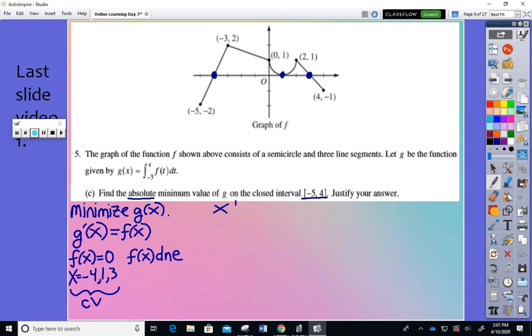make a t-chart, and the t-chart's going to be a bit of work, guys. So remember, you need to put your end x's and your critical value x's. Okay? So we've got to figure out then what gives us the largest g of x value, i.e. the largest area, because g of x measures area. Well, let's do, for instance, g of, I'm going to start with g of 4. I tell you what,